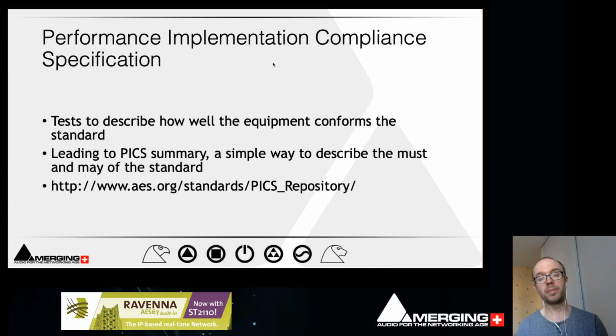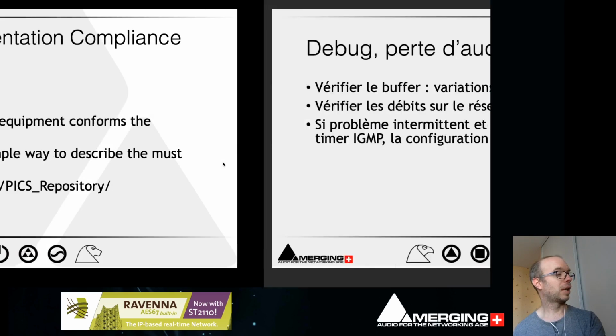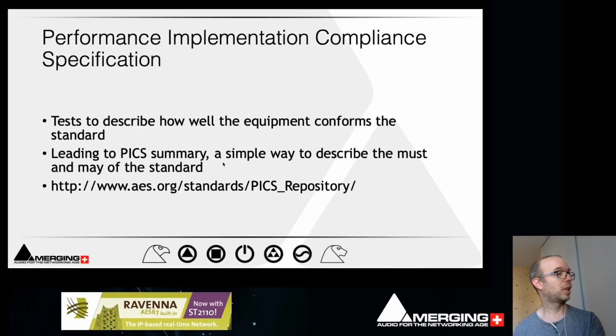The problem or advantage of AES67 is that there are many different cases, and two equipments may be AES67 and not really able, on the edge cases, to exchange a stream easily. So most of the time this goes well, but the PICs are there to highlight this kind of problem, especially the PIC summary that is available in what we saw yesterday,